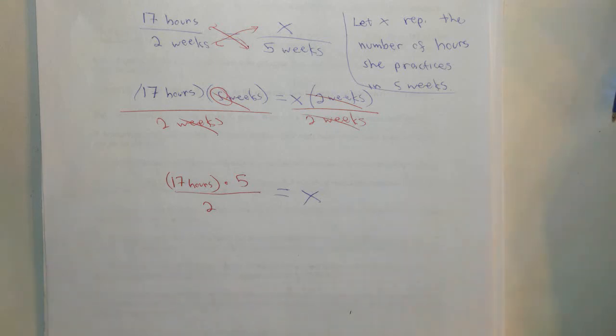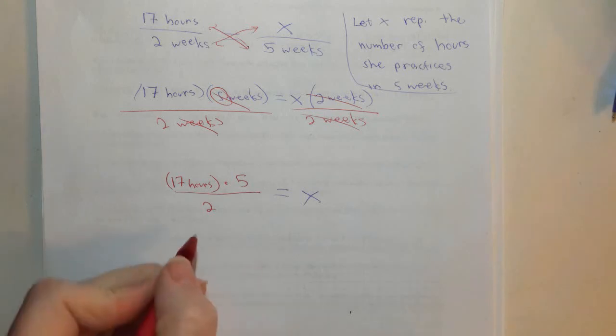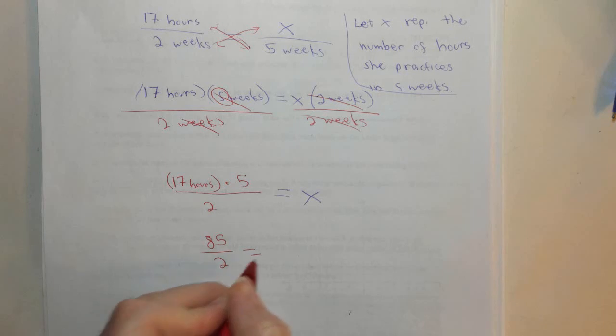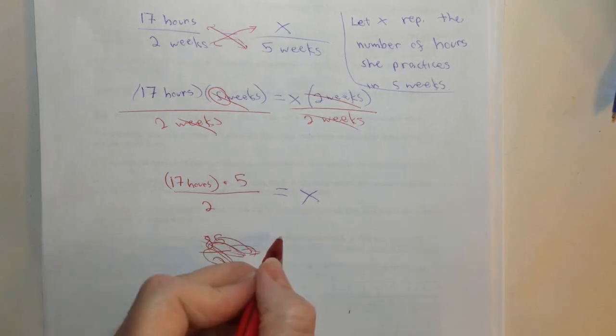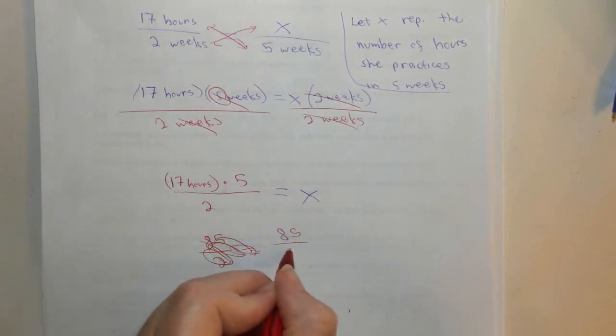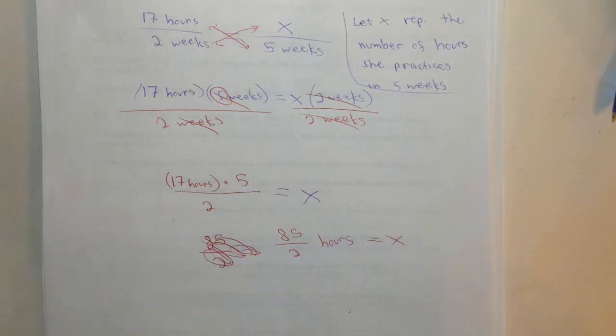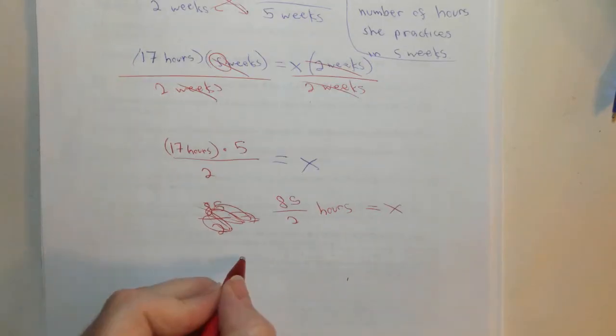So 17 times 5 is 85 over 2 hours equals X,